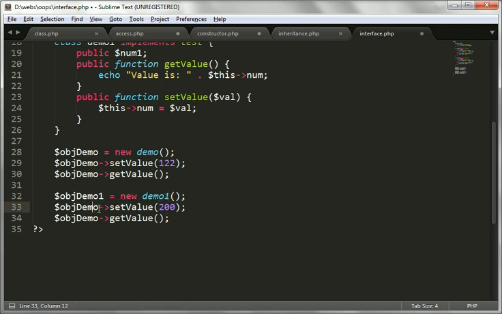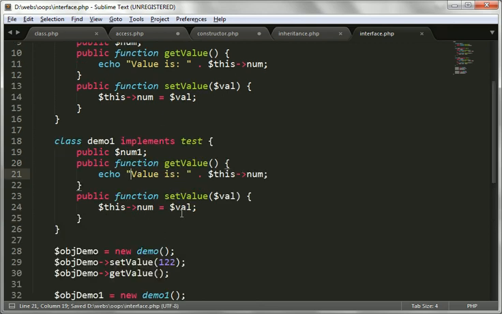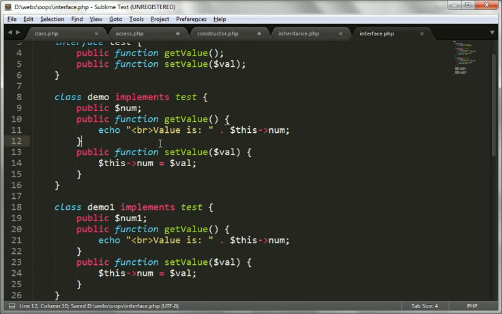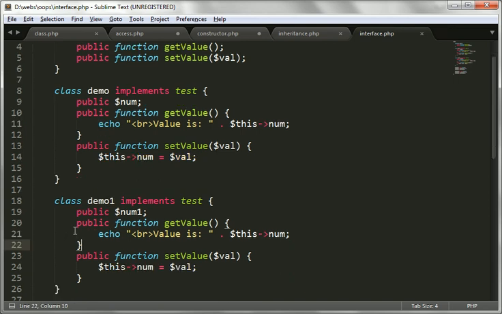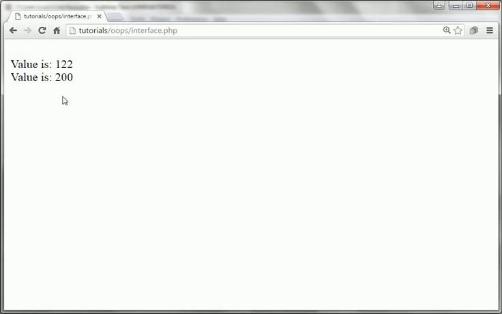And one more thing, let me add br here also. Everything is the same. What I did is create one new class, demo1, and we are inheriting this test interface and implementing these things here. One more thing, num1 and num1, that's it. Now just refresh the web page and you will see the result, 122 and 200 you are getting.